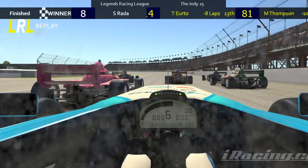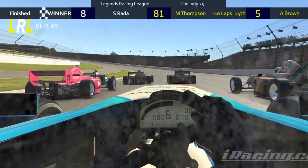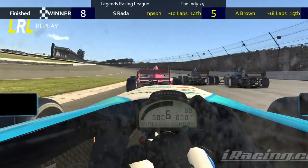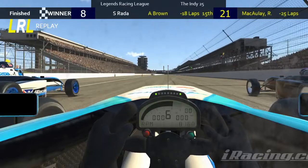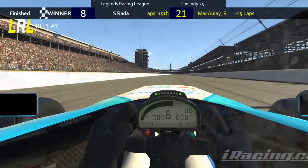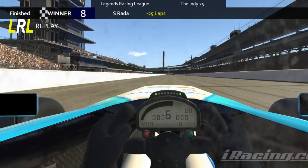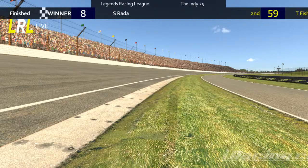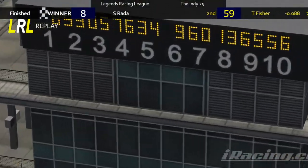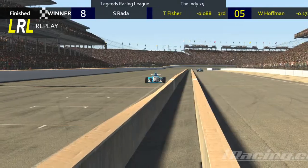Navigates exactly what I would have done here. Navigates it perfectly, sees the gap open, takes that gap, has got a big run, 4 wide, wrecks behind them, and he knows, they know, they have no run, no one has help, everyone's trying to battle, and at that point, it's all over as they get down the front straightaway there. Yeah, Steve Rada with the perfectly timed move. What a great move! I think we might have missed his burnouts if he didn't. Yeah, he did actually. So he's going to be burning it down here at the brickyard,